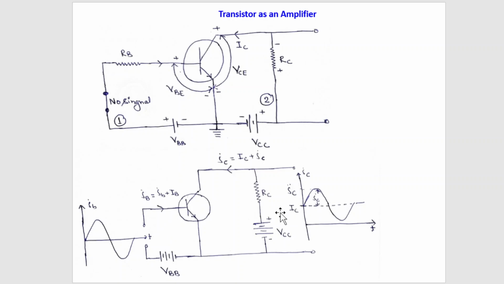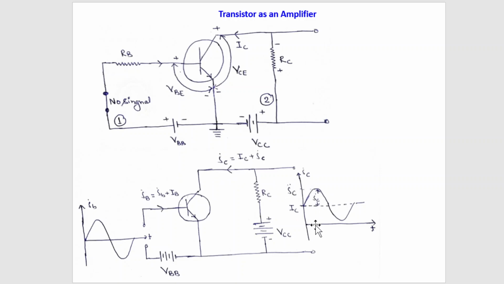So here you see this capital I capital C: when there was no input AC signal, this capital I capital C current was flowing. It was flowing because of the capital I capital B when there was no signal. When we applied the AC signal, the instantaneous signal, at the input, then this instantaneous small i small c is superimposed on the zero signal collector current. This gives the total collector current, and this is what we are calling the amplified signal. So the amplified signal will be equal to small i capital C.